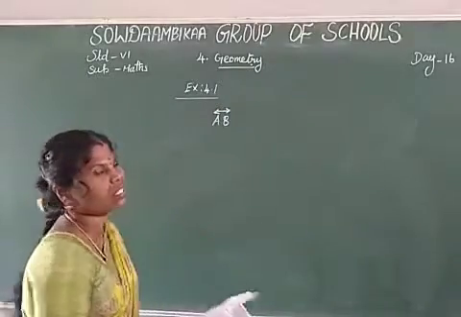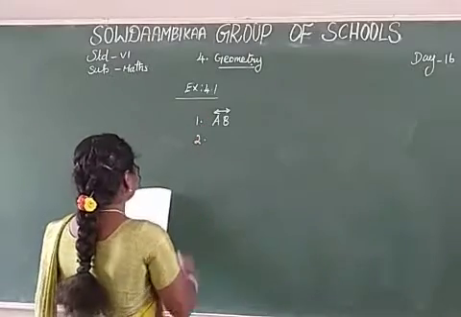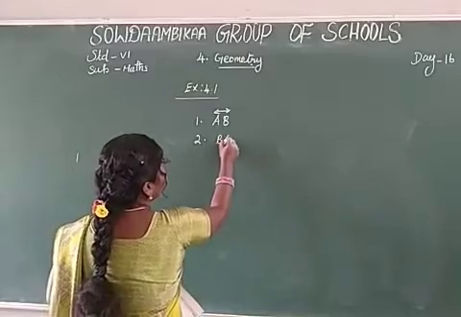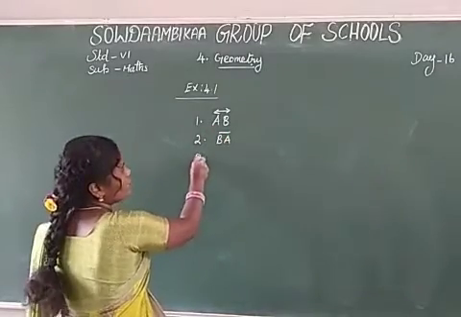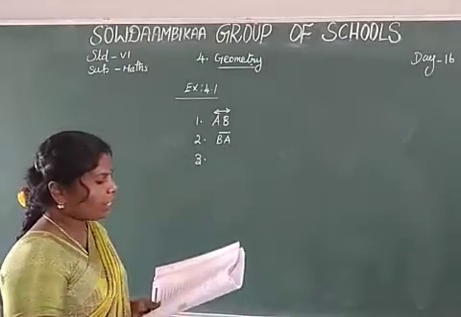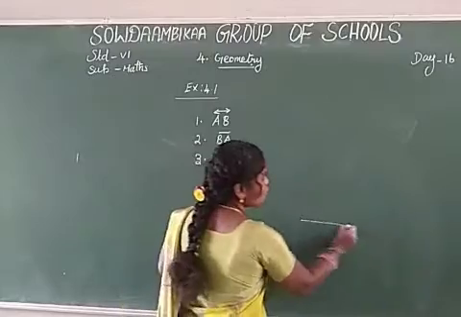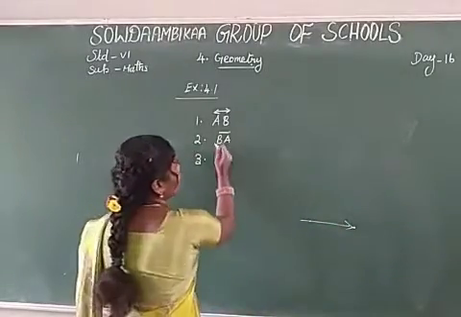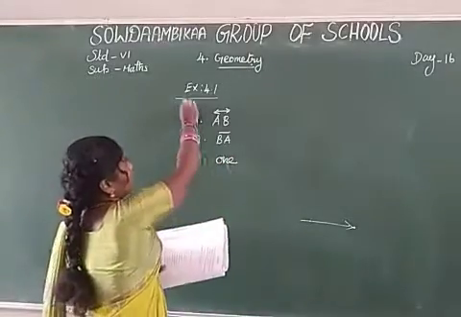Okay, this is the first answer: two end points, so this is a line segment. Next one, a line segment from B to A is denoted... B to A. This is A to B, this is B to A. So this is the answer. Next, the third one: a ray has dash end points. I already told you, a ray has only one end point, no other end point.